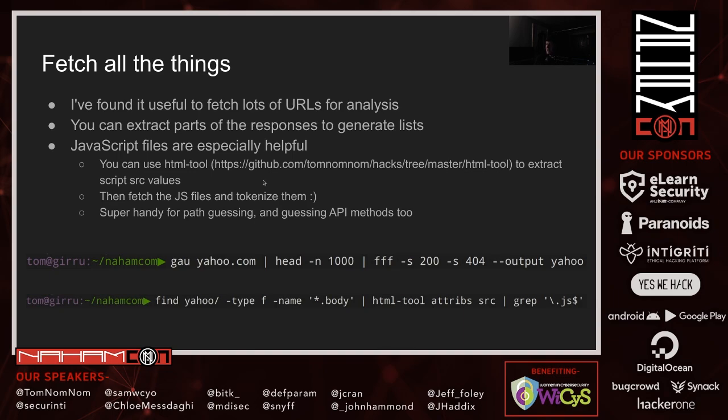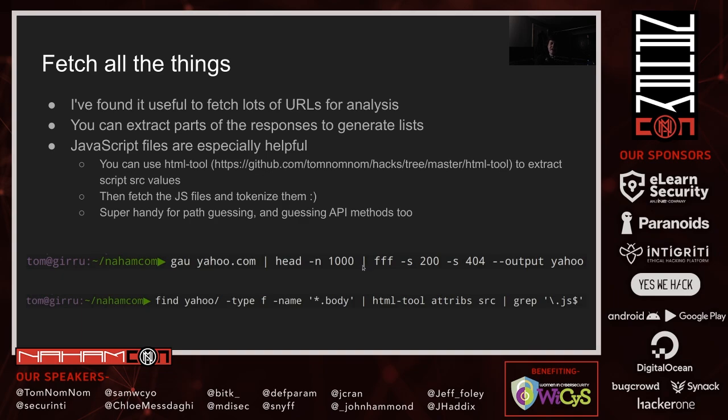So one of the things I found myself doing from time to time is wanting to fetch the JavaScript files associated with web pages. And it turns out to not be super trivial to do. I've been doing some experiments of using headless Chrome to do it, but they're not quite finished yet. So I might talk more about those in the future. But for now, a relatively low tech way you can do this is to fetch lots of pages for a site. So here we're using gau to fetch URLs for yahoo.com.